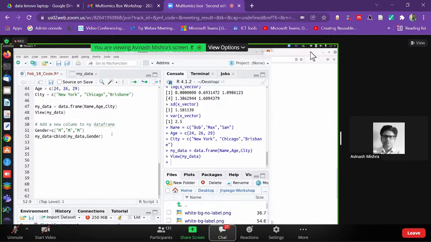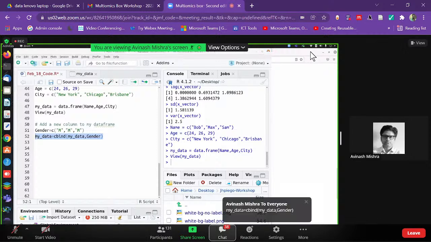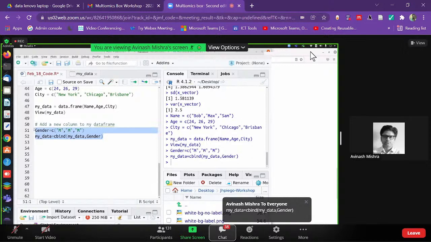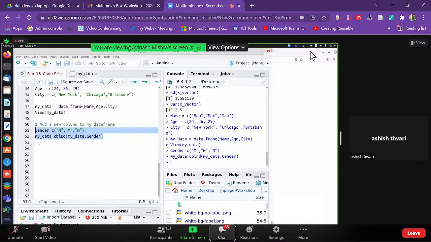So this will be the full command. my_data is equal to cbind. And now you just see this, run this. First you create a gender and then use the cbind. And now if you view your data frame, my_data,